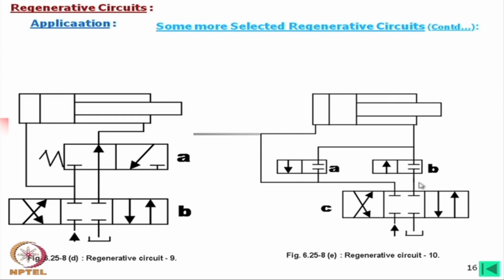Oil is coming back from this path, because this is connected, and oil is going through this path. So, this is normal operation, no mixing, it is not being mixed. Now, with this connection we connect A and B is closed. In that case, what will happen, this oil will go to this side and